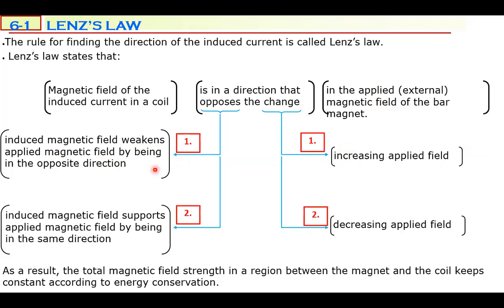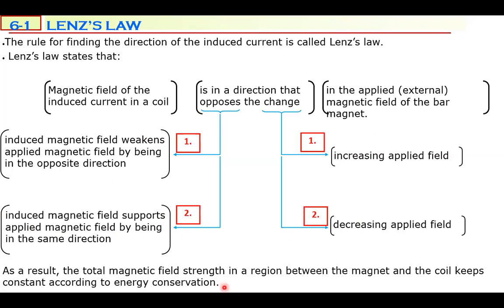So an increasing applied field can be opposed by an induced magnetic field that weakens the applied field by being in the opposite direction. But if the applied field is decreasing, how can you oppose that decrease? Of course, by supporting. The induced magnetic field supports the applied field by being in the same direction. If you want to support a vector, you must be in the same direction. If you want to oppose an increasing magnetic field, you should be in opposite directions. As a result, the total magnetic field strength in the region between the magnet and coil stays constant, according to